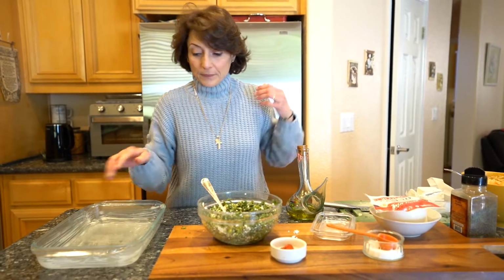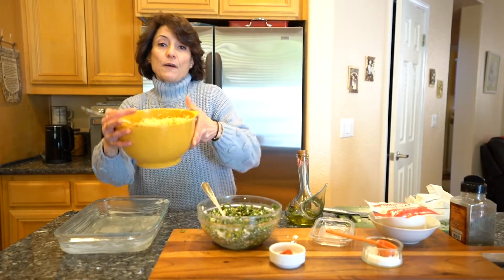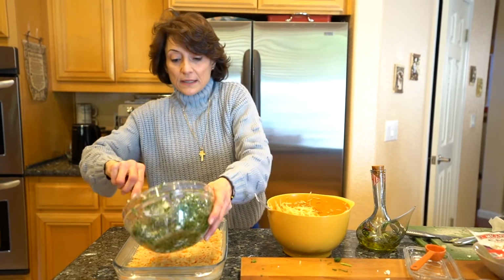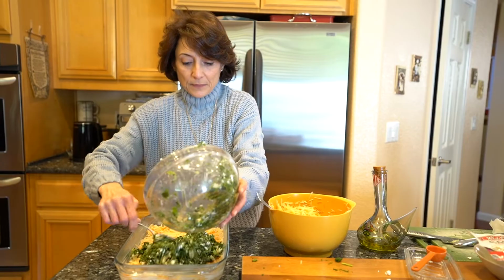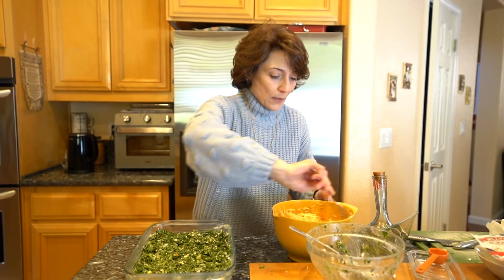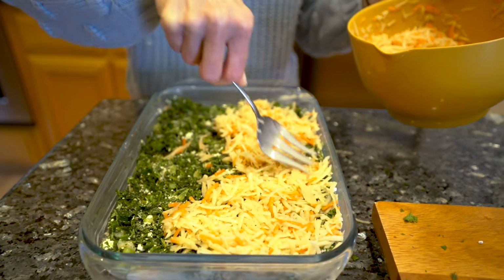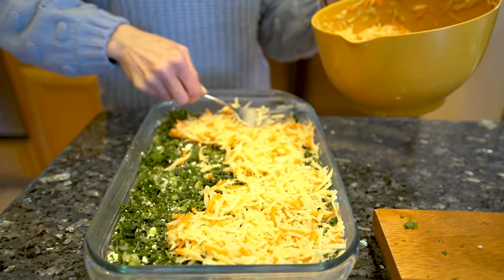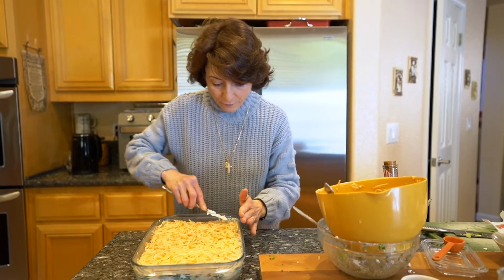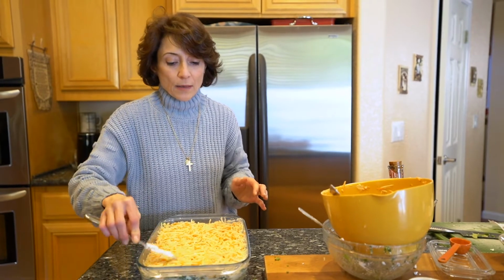To combine things together, I have pre-buttered this Pyrex pan. I will put half of the potatoes into the pan. Okay. On top of this, I will put the filling. And we will cover this with the rest of the potatoes. I will make sure that everything is even and nice. And for the finale, I will add more feta on top to cover the potatoes, and some